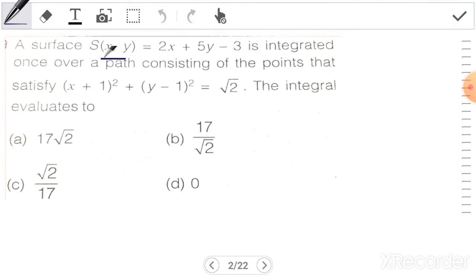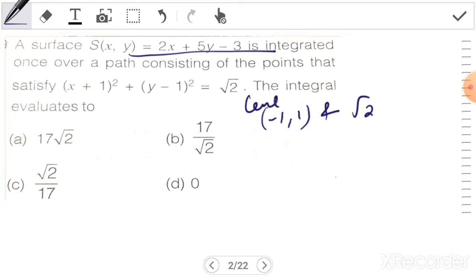A surface is integrated once over a path consisting of the points that satisfy x plus 1 whole square plus y minus 1 whole square is equal to root 2. This is nothing but an equation of a circle with center minus 1 comma 1 and radius as root 2, right? So, okay,